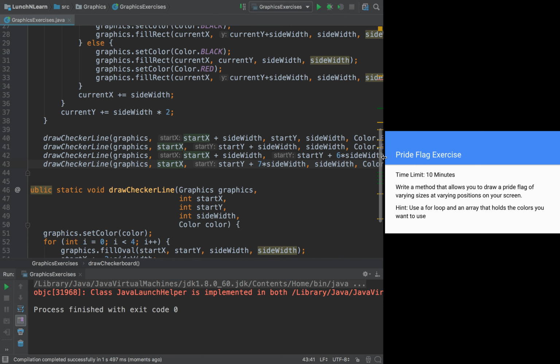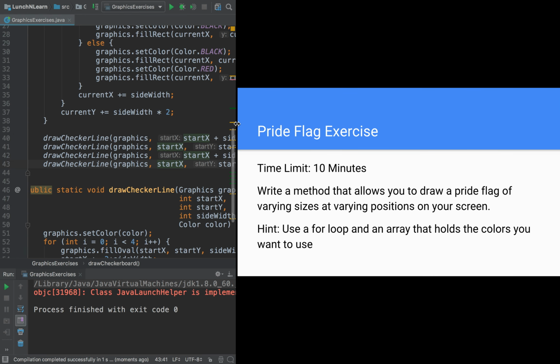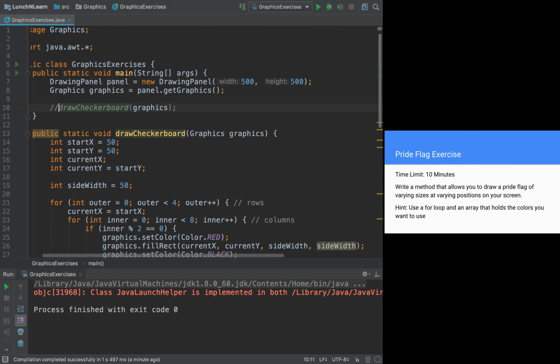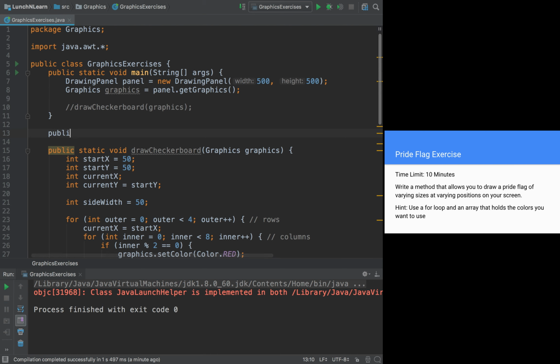So the next thing we want to do is write a method that allows you to draw a pride flag of varying sizes at varying positions on your screen. Hint, use a for loop and an array that holds the colors you want to use. So I'm going to go ahead and comment out draw checkerboard. I'm going to say public static void draw pride flag,